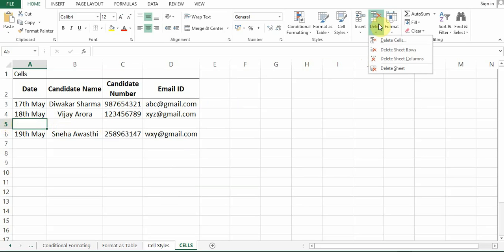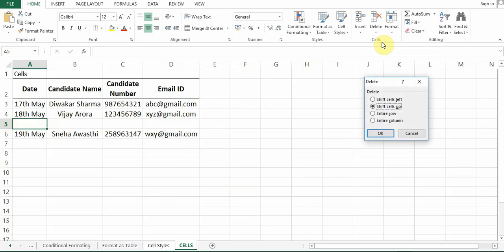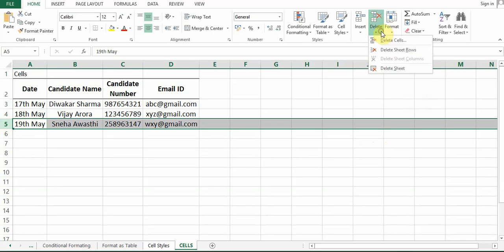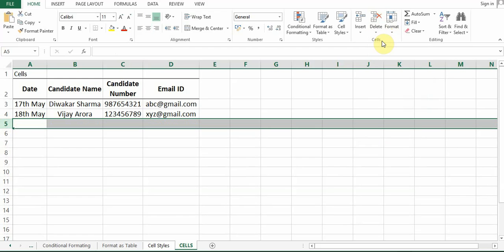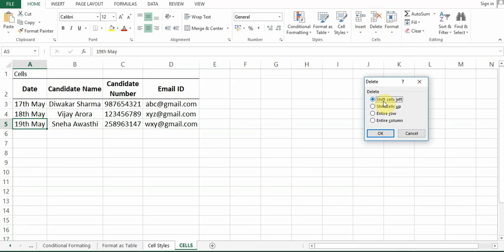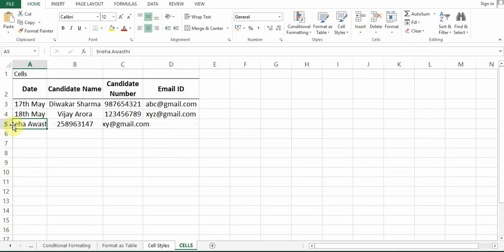Go to delete, delete cells, entire row, delete. Delete cells, deleted. Then if you want to shift cells towards the left, one cell has been deleted.